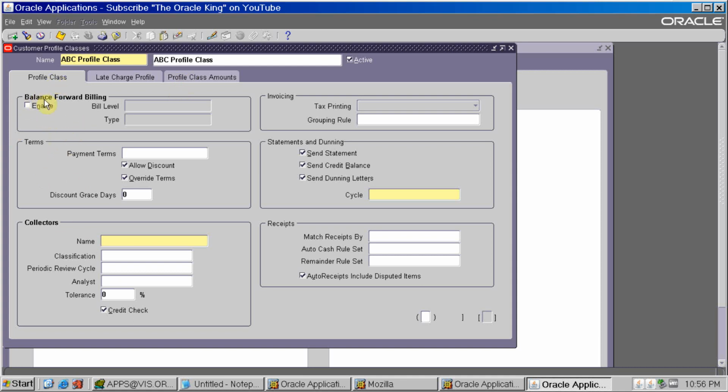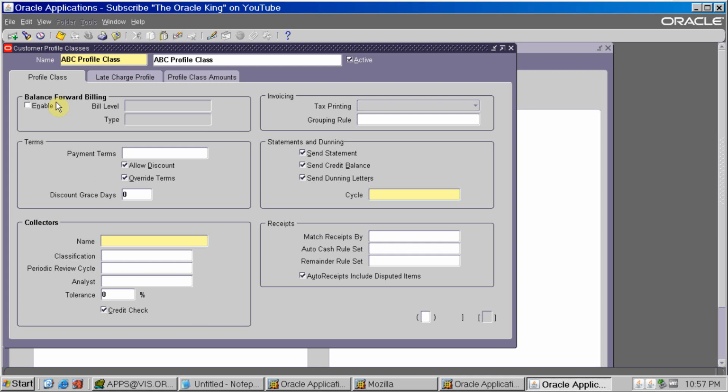The first thing is balance forward billing. If you are using balance forward billing in AR, then you have to enable this checkbox. There is a separate setup for balance forward billing to use in AR. Through balance forward billing, we print the BPA invoices.